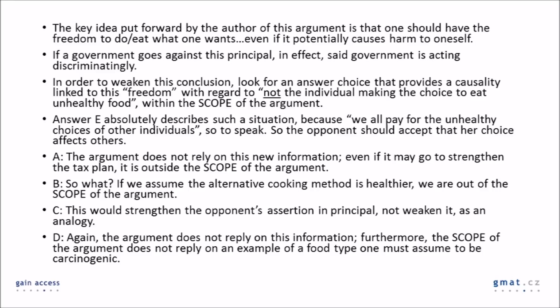A, the argument does not rely on this new information, even if it may go to strengthen the tax plan. It's outside the scope of the argument. C, this would strengthen the opponent's assertion in principle, and not weaken it as an analogy. So just think about that. Now, D, again, the argument does not rely on this information. The scope of the argument does not rely on an example of food that one has to assume to be carcinogenic or not. So maybe reread this a few times, take screenshots, and see how all those answers fit in